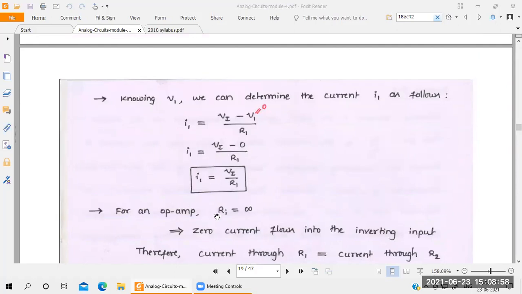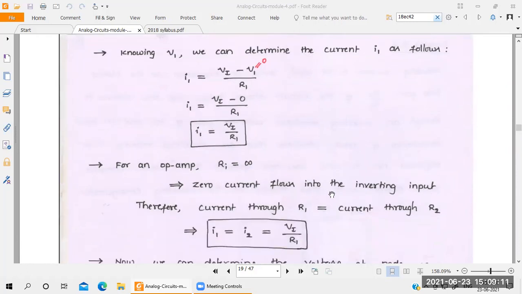For an op amp, Ri is infinity here. It means the input impedance or input resistance of the ideal op amp is how much here? Infinite. Gain is also infinite here. So when resistance is infinite, there is zero current across the inverting input. There is zero current in the input of the op amp. So when resistance is more, current is very less. For that, you have to assume zero current flowing in the input of the op amp. Understood? So current through the R1 should be equal to current through the R2.